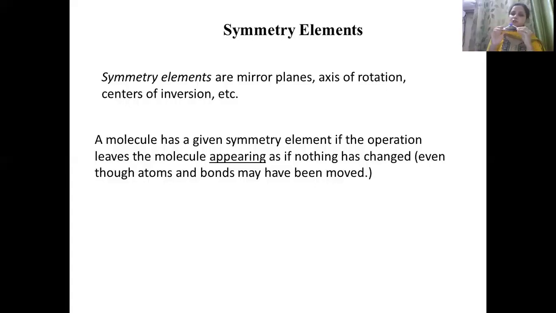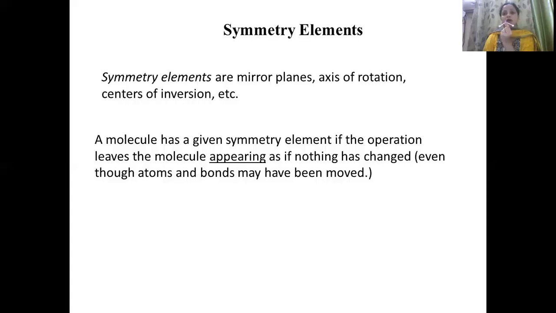Now you have observed this molecule, and you know that there is this hydrogen over here and another hydrogen over here. But just close your eyes, and in the meantime I have done something to this molecule. What have I done? I have rotated the molecule by 180 degrees.